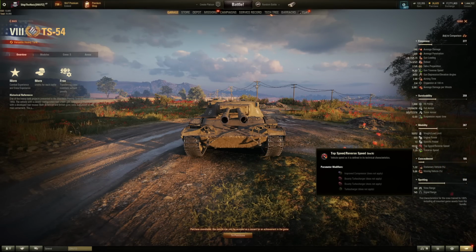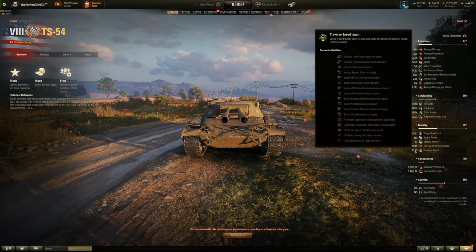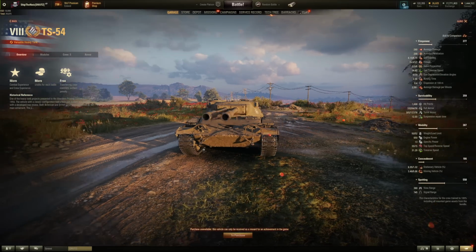It is quite slow, moving frontally, not the best power to weight ratio, but 100 rotation speed over 30 stock, which is quite decent. So boosting it with crew skills, with field mods, you can get this thing a bit better if you're interested about that. 380 meters view range as well, so you can actually play this tank without using the coated optics, for example, to get the max view range. So this is